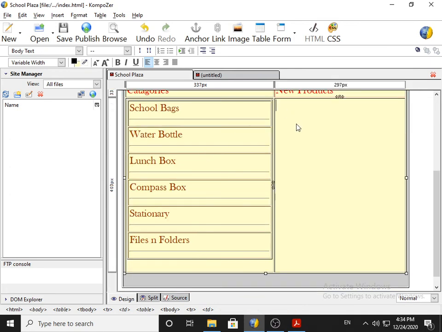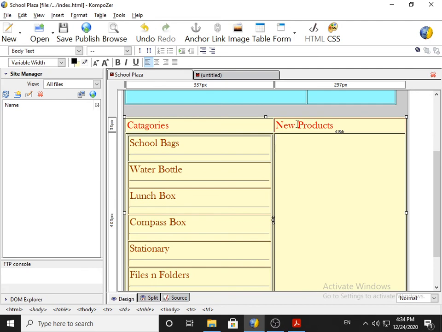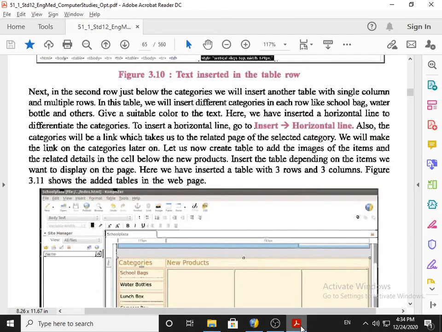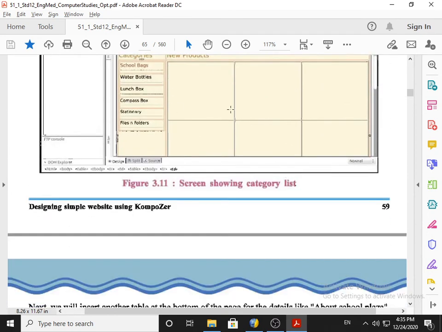Now on the right hand side we have to create one more table. So how is it possible? Let us now create a table to add the images of the items and the related details in the cell below the new products. Insert the table depending on the items we want to display on the page. And here we have inserted the table with 3 rows and 3 columns like this.